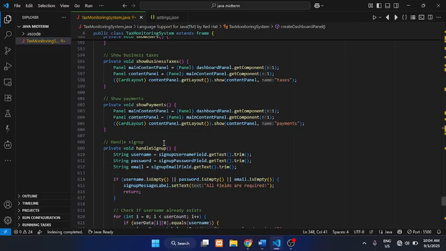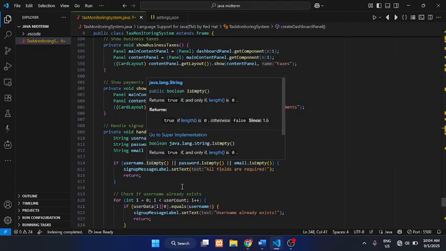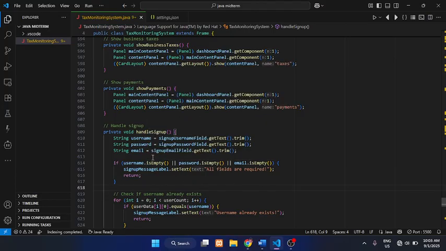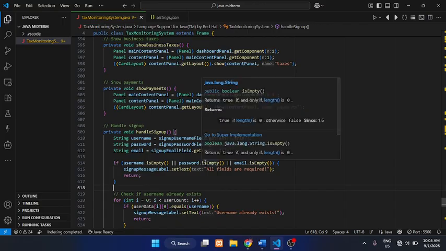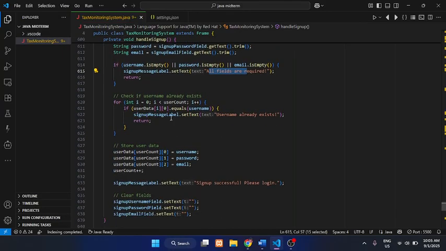Here I created a handle sign up for the sign up form: if the input boxes are empty, or you did not put any data, it will notify that all fields are required. And if the user already exists in the system, it will message you that the username already exists.